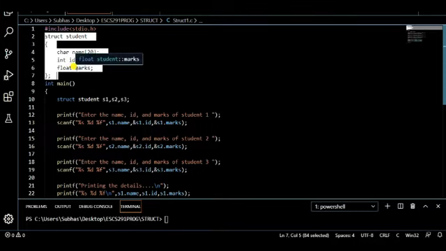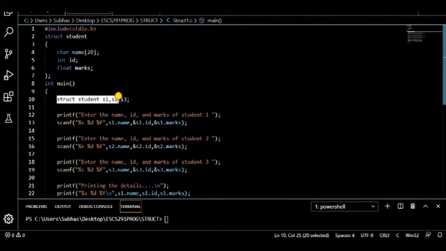So in this example I want to demonstrate how we can do it without an array of structure, if I want to store the record of three students. For this example I have taken three structure variables s1, s2 and s3 within the main method.